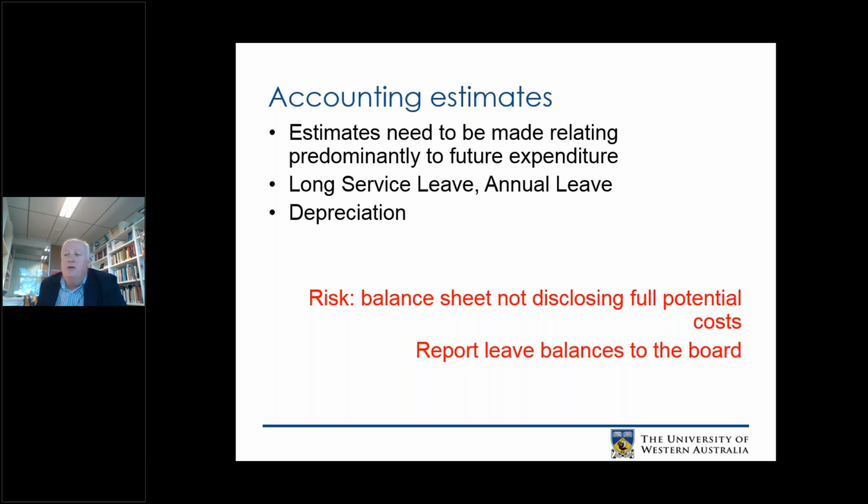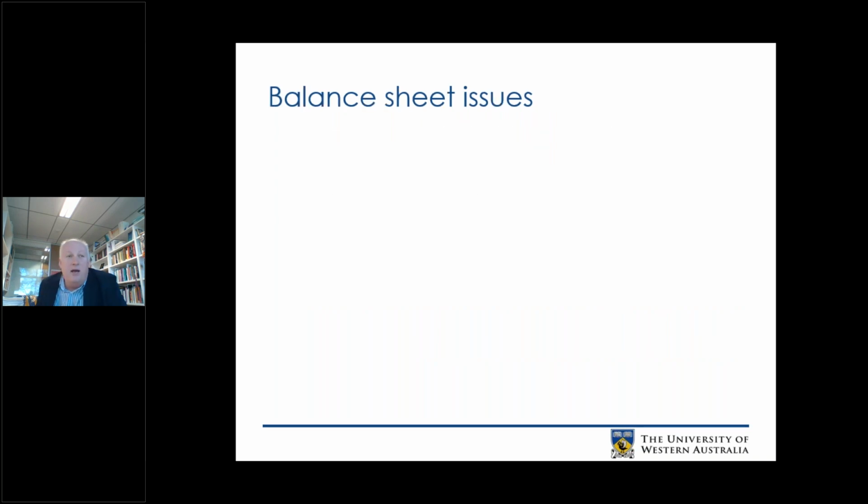The second issue is that you need to have governance processes in place in order to be able to mitigate and to manage these processes and to manage the balance sheet more effectively. So things like reporting leave balances to the board, and particularly overdue leave balances, is a really important control for organisations to have to help them to be able to manage that leave effectively. You might even find, for instance, in that regard, that it's really useful for the board to develop a leave policy that instructs staff as to when they can take leave and when particularly they should take leave in the context of when it's accrued.